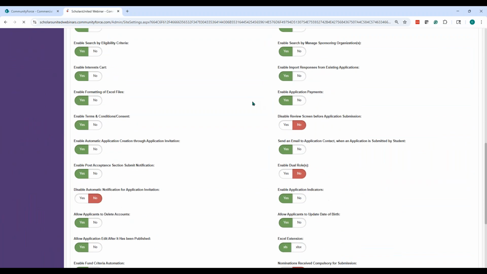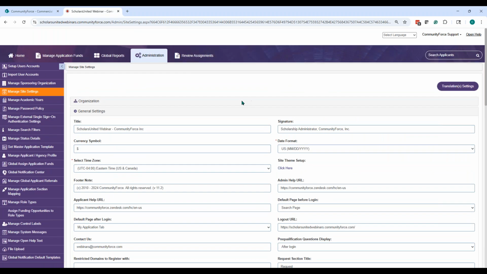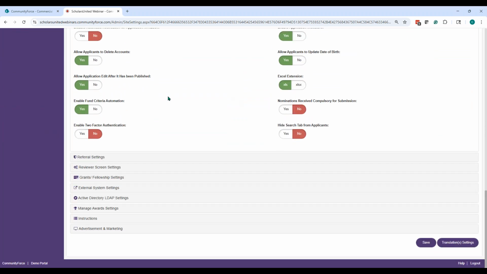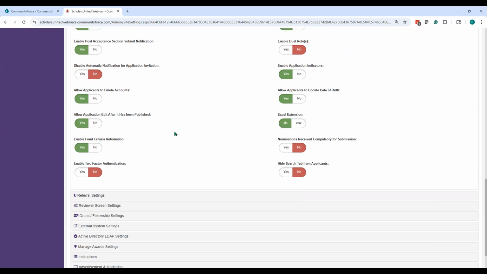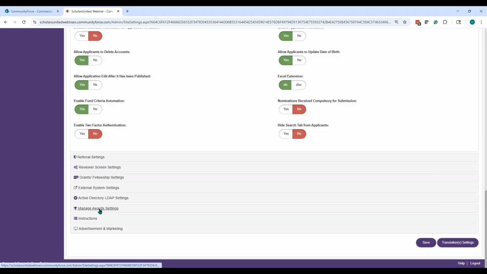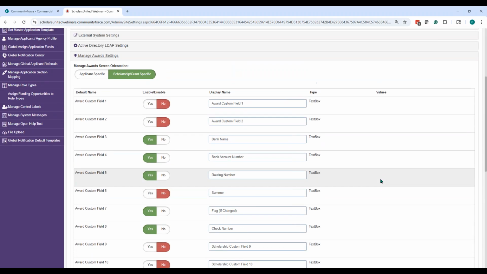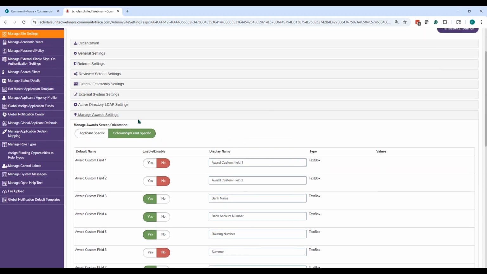On the left-hand panel, once you click on site settings, scroll down right towards the bottom or open the award screen, manage award screen. See now right above all of these fields, you can see applicant specific or scholarship specific. Change it to scholarship or grant specific, and then save the changes, and you should have the relevant scholarships show up on your screen.